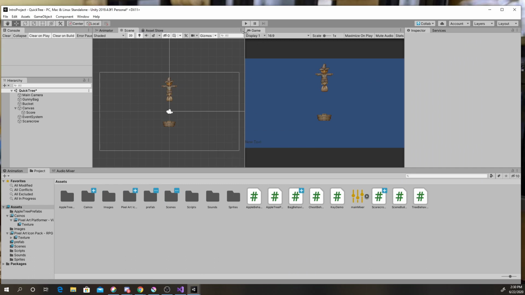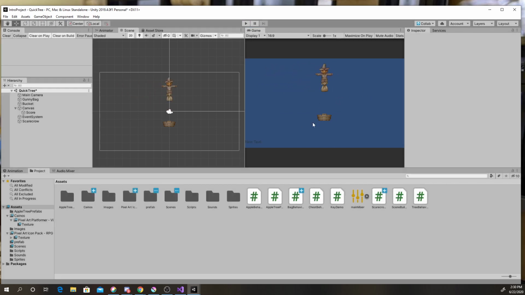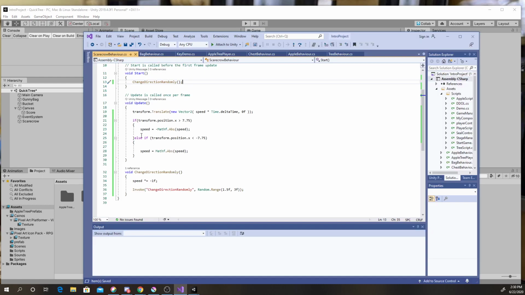All right. There. Okay, so we have some random motion built in. Next thing we're going to do is, this is the guy who's going to randomly drop the bags, right? So similar to our change direction randomly, we're going to need another function that is going to instantiate dropped items randomly. Void